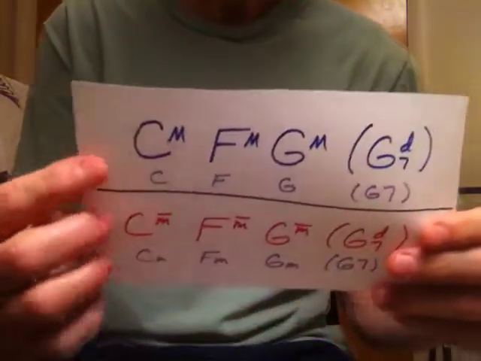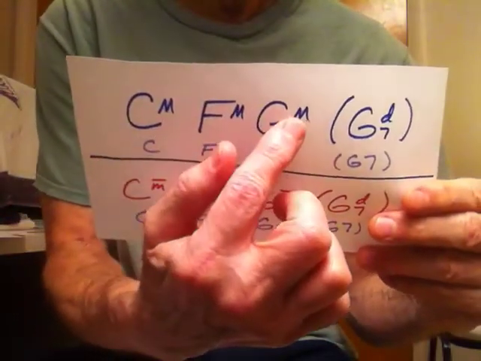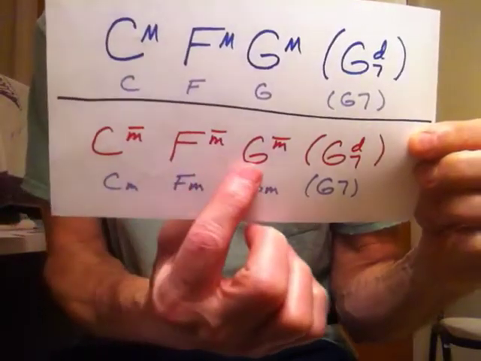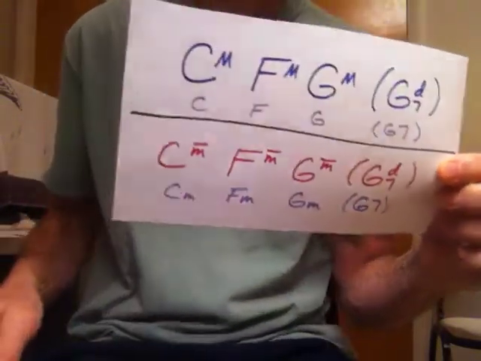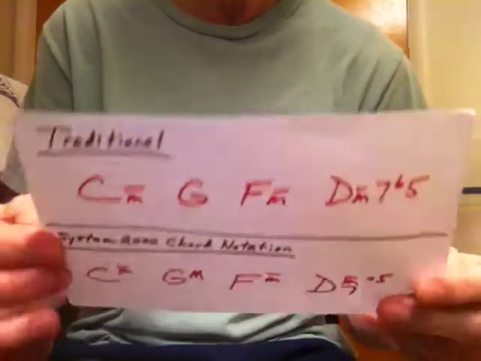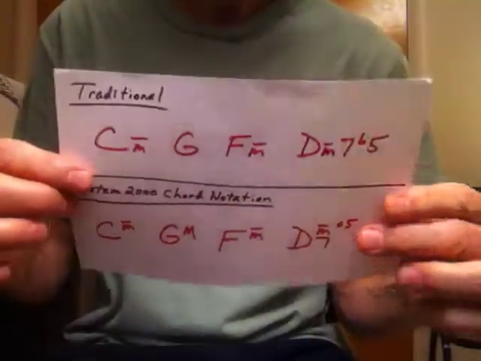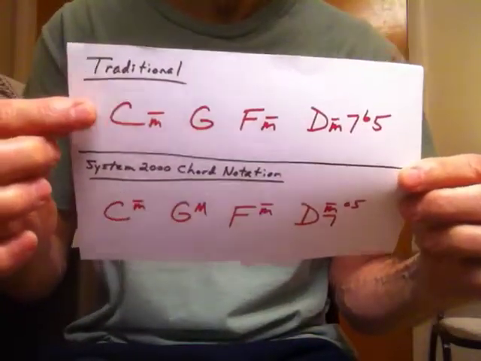I talked about how you can make simple songs. Let's say you can do the blues in a major key with major chords, or you can do the blues with minor chords. And I showed you in a previous video how to make an easy song using simple chords. I selected a few. This is traditional notation. This is mine in my system.